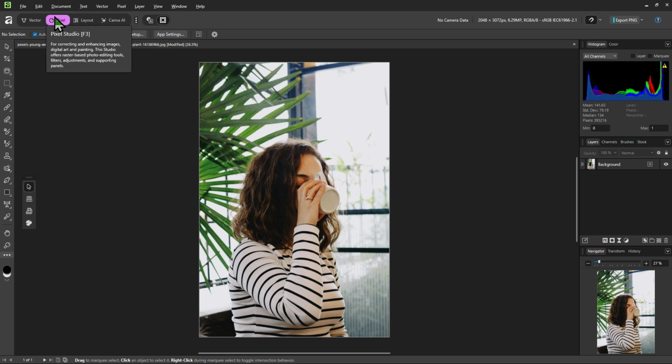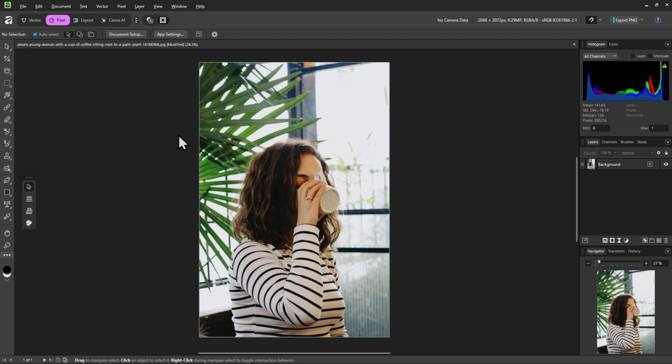These are called studios, and they are different ways Affinity 3 is laid out for different use cases. Vector Studio is where you want to make icons, logos. Pixel is where you want to edit images. And Layout is where you want to make menus, brochures, flyers, etc.